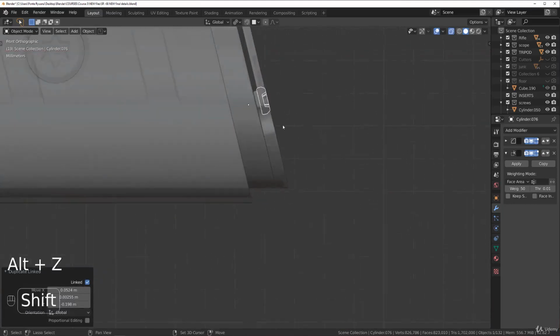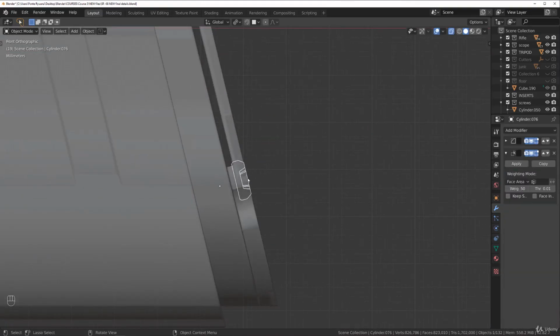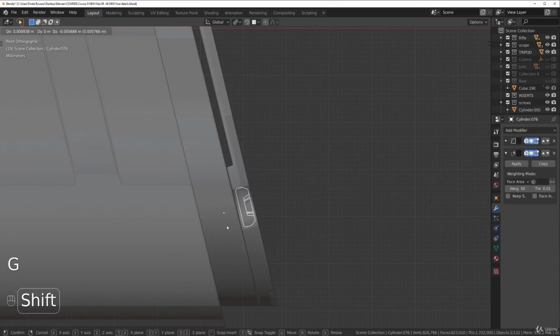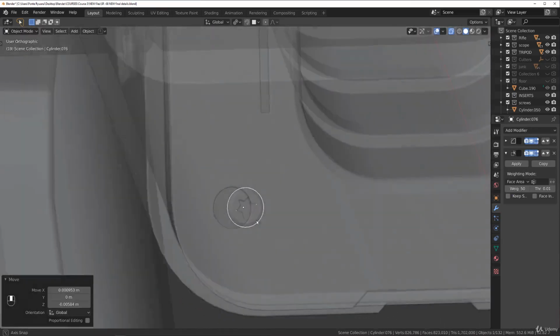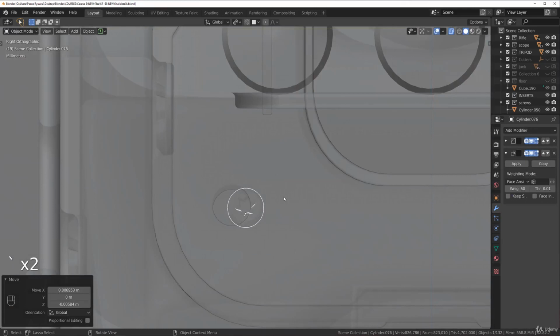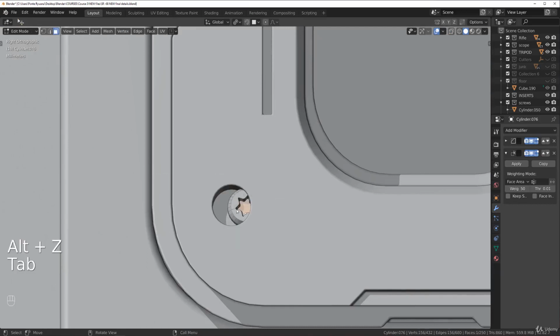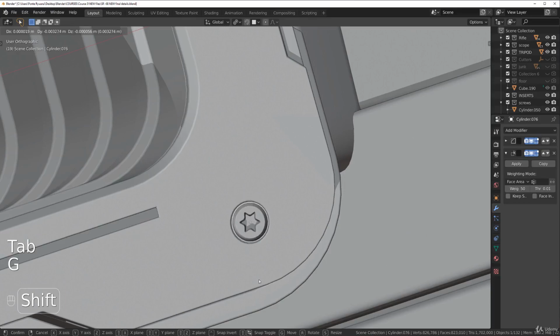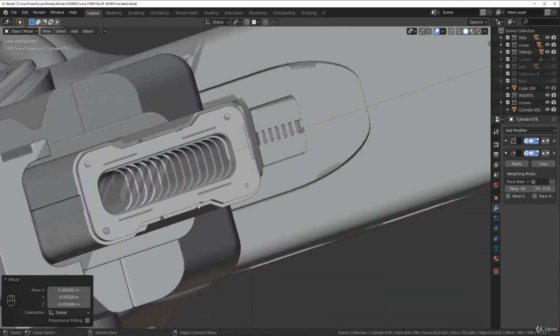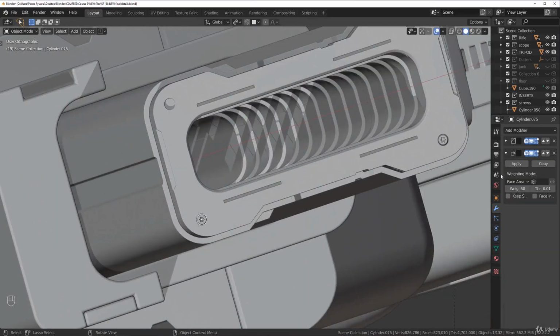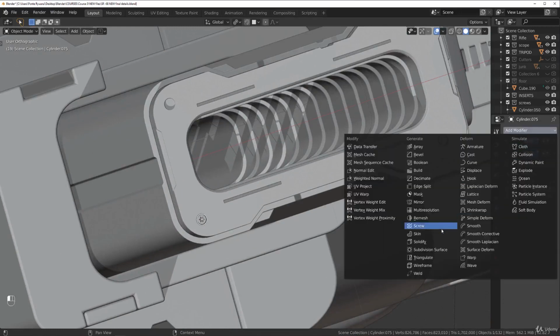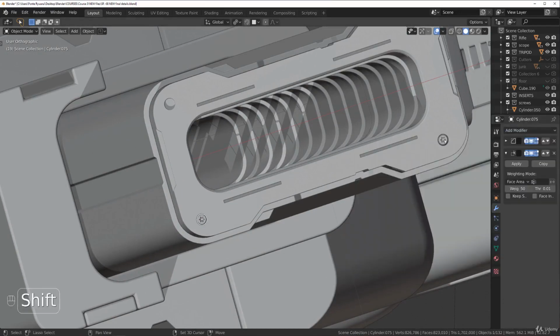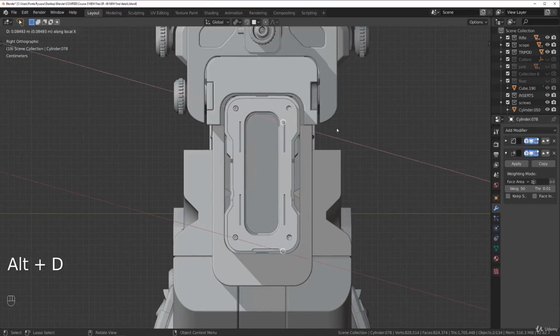Let's turn on Alt-Z so we can actually see where it's supposed to go. That's the middle here, right? More or less. Now go to front view and Alt-Z. Come on. And align to this face, so Shift 7. And move it here. What we're gonna do is mirror them, or in fact we could just move them. Alt-D and Y,